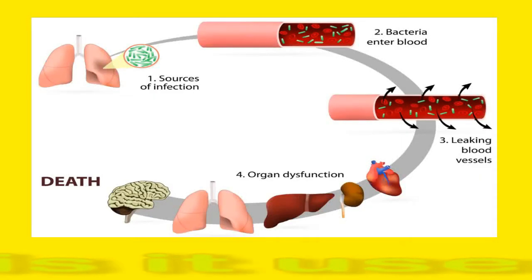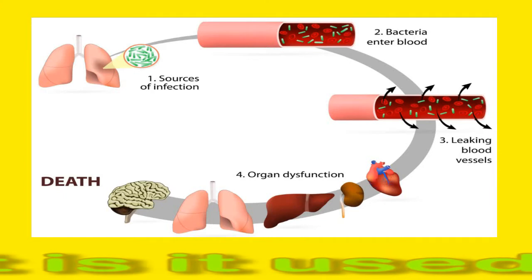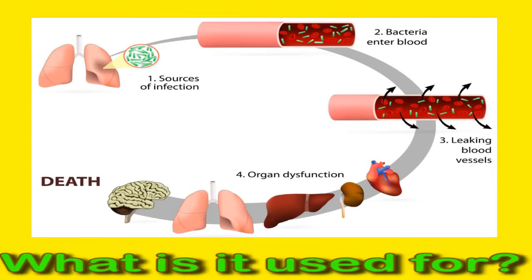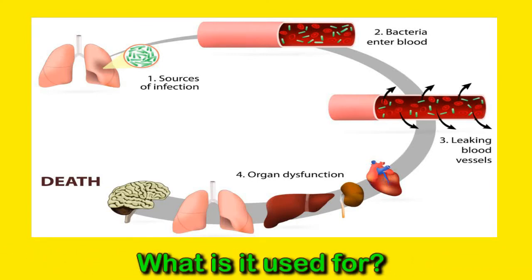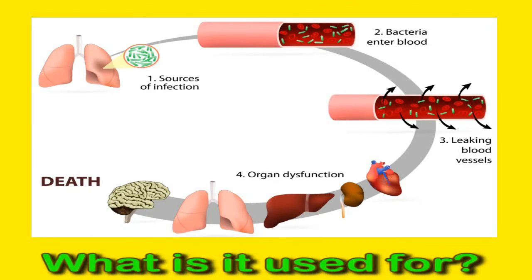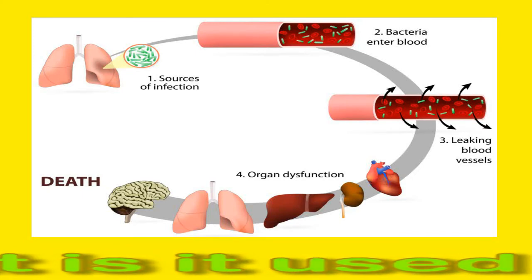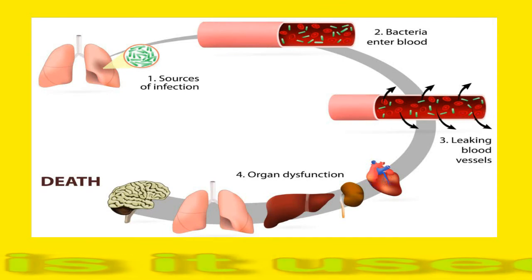What is it used for? A CRP test may be used to find or monitor conditions that cause inflammation. This includes bacterial infections such as sepsis, a severe and sometimes life-threatening condition, a fungal infection, inflammatory bowel disease, a disorder that causes swelling and bleeding in the intestines, an autoimmune disorder such as lupus or rheumatoid arthritis, an infection of the bone called osteomyelitis.